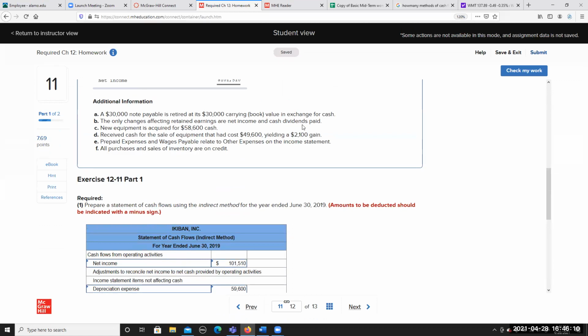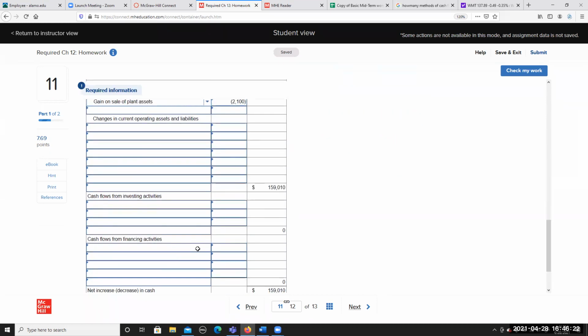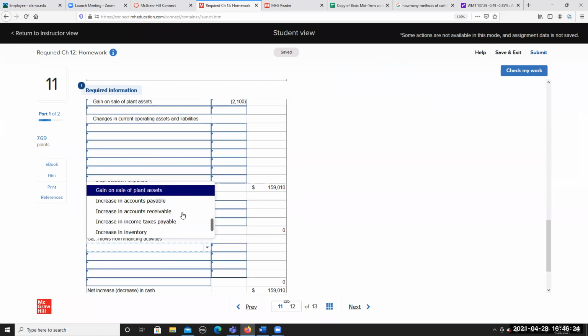Now they give us some additional notes here. A 30,000 note payable is retired at its 30,000 carrying book value in exchange for cash. So that's financing. So that means,